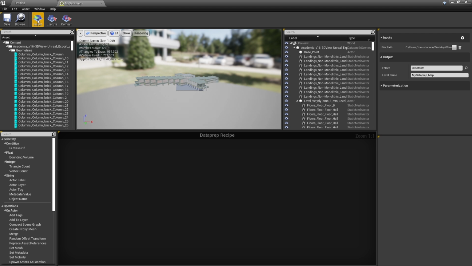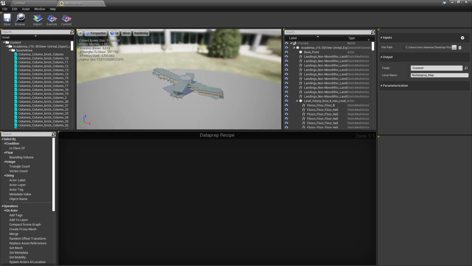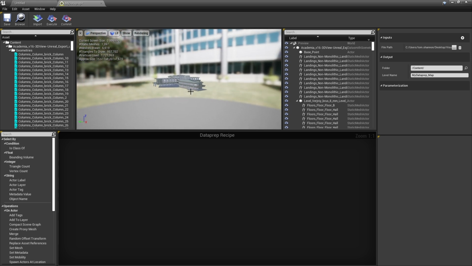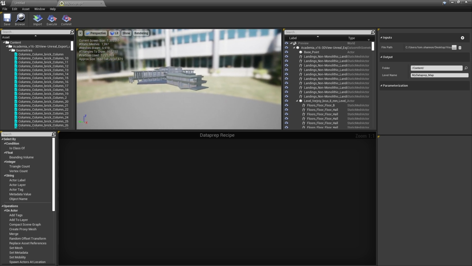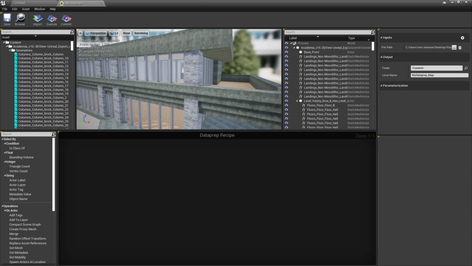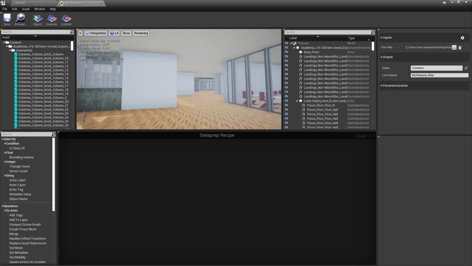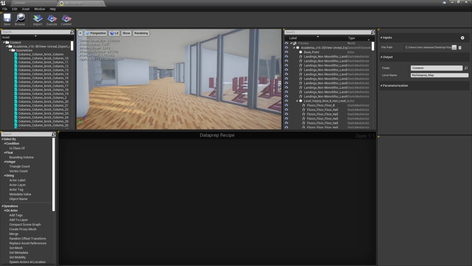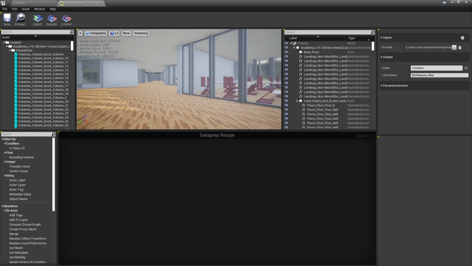Now that our data is imported, we can begin working on it. But first, let's see what's happened here. Here we can look into our viewport and see our 3D preview of our model. We can fly around, move around as we would expect in an Unreal Engine scene.